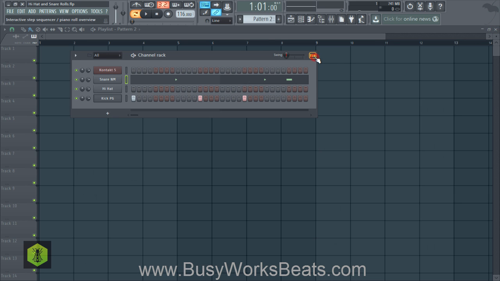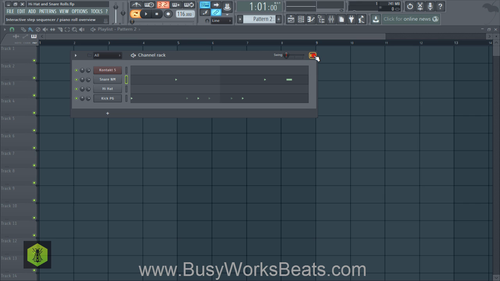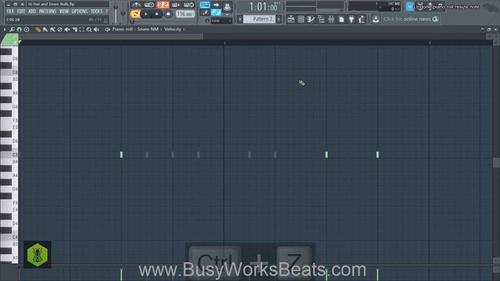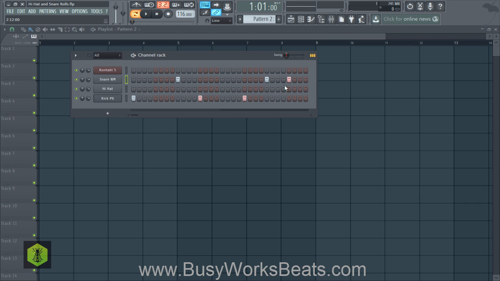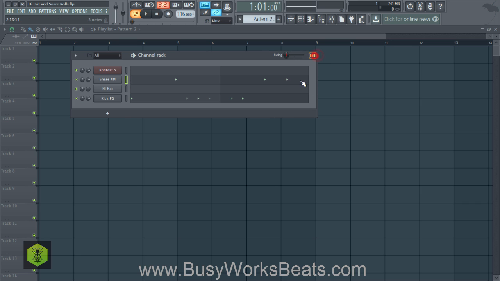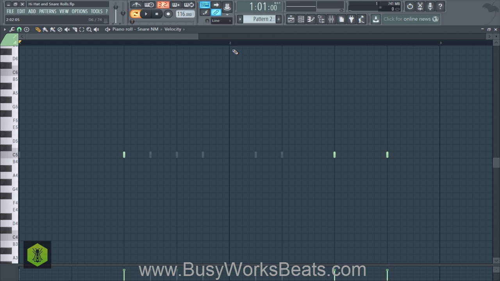And if I go back out to the step sequencer, now it gives me a different view. When you move these notes and make them longer, it actually turns it into MIDI and gives it a note length, and then it turns it into this type of screen where you won't be able to see it like you see it in the step sequencer. So let's go back to the piano roll, hit Control Z, and if I X out and go back, now it looks like it was before. That's why I like to start out with the step sequencer, then go to the piano roll overview.